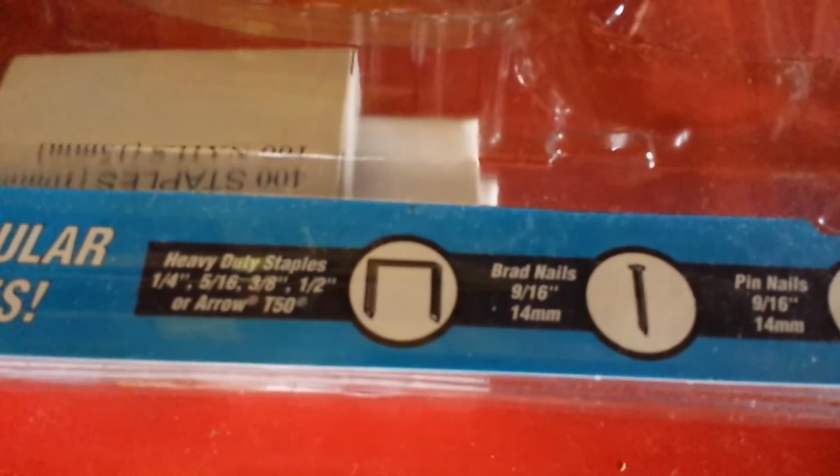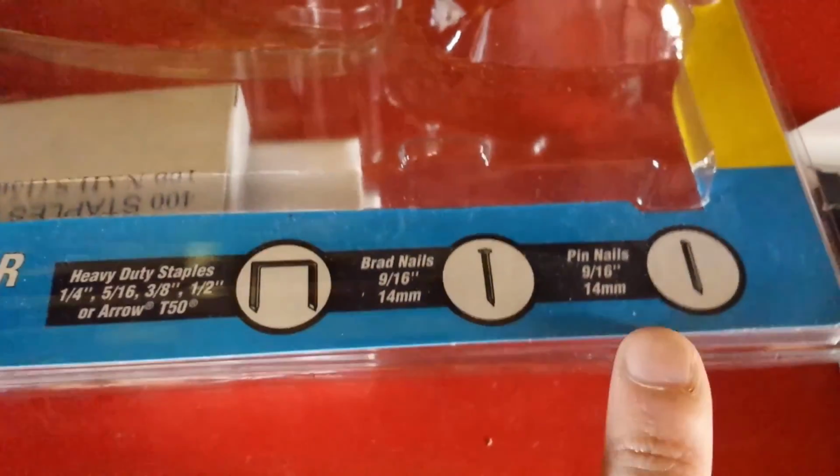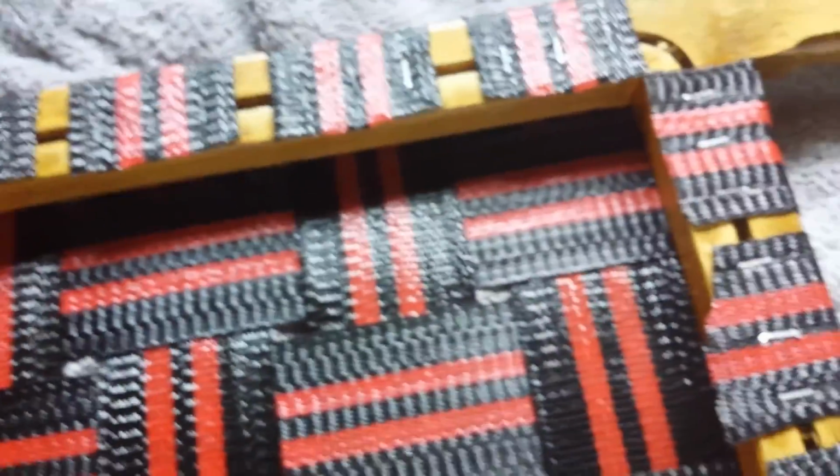So this was the package that it came in. So those are the staples. It'll do brad nails, and it'll do pin nails. There's the front. There's the back. So this is oak. I'm pretty sure this is oak. I think it's red oak. And this stapler,